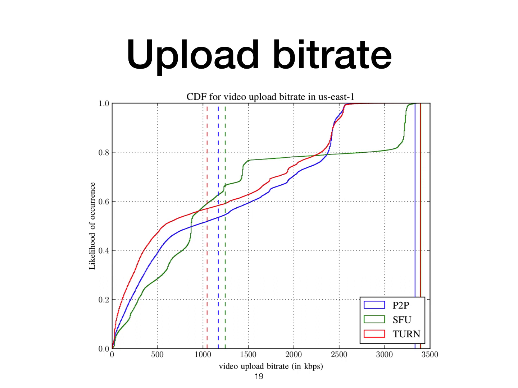Second is the use of conferencing features, and more specifically the use of simulcast. We can see that there are some bitrates with high likelihood of occurrence. These are near the simulcast layer minimum bitrates as defined in the WebRTC engine. For example, we see many occurrences of bitrates around 1.2 megabits per second, which is the 720p layer activation threshold. Similarly, we see many occurrences of bitrates around 700 kilobits per second, which is the 360p layer activation threshold. We also notice a spike around 3.2 megabits per second, which is the maximum target bitrate